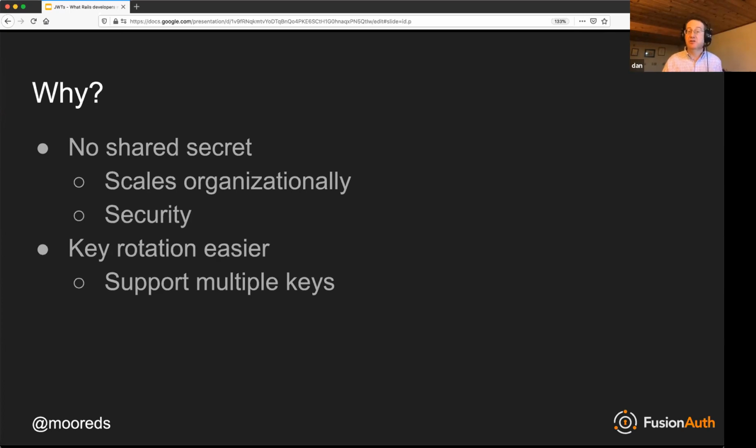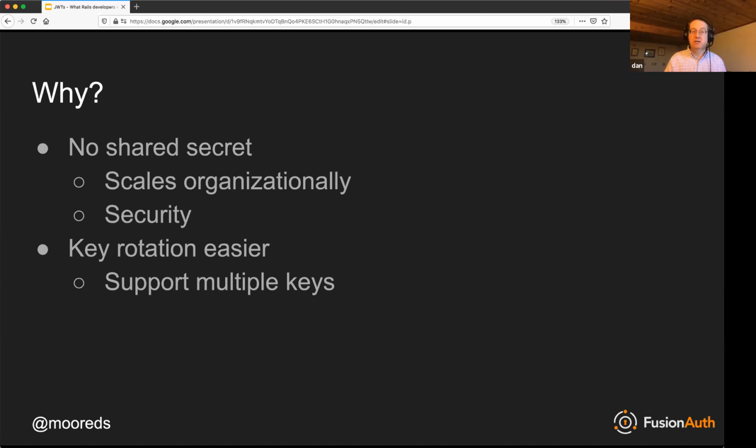And that works fine if you have a small application. It's easy to put a shared secret into an environment variable and share it across multiple Heroku instances. Works great. If you start to have a bigger organization with different teams working on different pieces, sharing that secret may be harder, and it may be impossible if you're working across organizations, where one organization controls your user identity provider and other organizations are building consumers of that JWT.